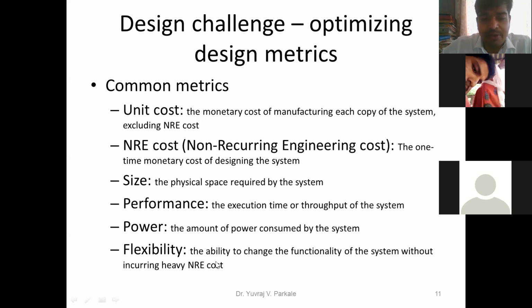That means if I change the software program, I can run a program for LCD display, or a program for LED blinking, or GSM, GPS. This is what is called flexibility, and flexibility comes through the software only. You cannot change the hardware of your system, you can change only the software.